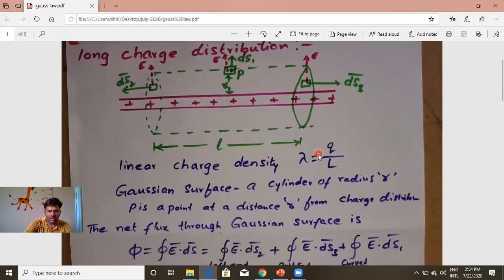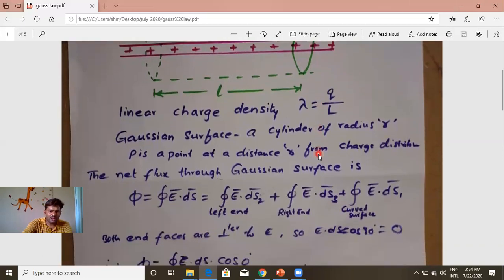Okay, now I am going to use them. It is a linear charge distribution, so I am considering the linear charge density term lambda. Just now we discussed lambda, sigma and rho. Here I am using linear charge density because the charge is distributed over a line. Okay, I selected this and I will calculate integral E dot ds. Integral E dot ds2 plus this: left end, right end, and curved surface. Electric flux over the closed surface, you will get like this: left end, right end, and curved surface.